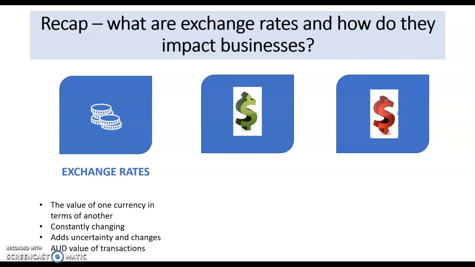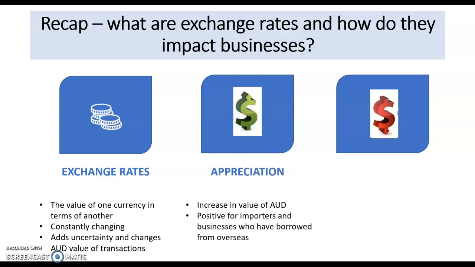Now, the problem they create for businesses is that of uncertainty, because it's going to change the Australian dollar value of transactions. Appreciations are an increase in value of the Australian dollar. It's positive for importers and businesses who have borrowed from overseas because as the dollar is worth more in terms of foreign currencies, they need less Australian dollars in order to be able to pay their bills or their loan